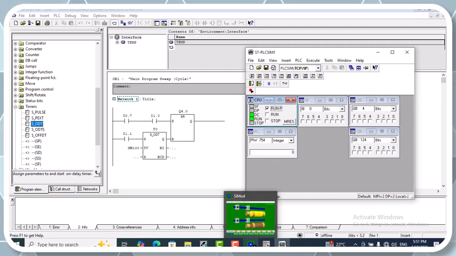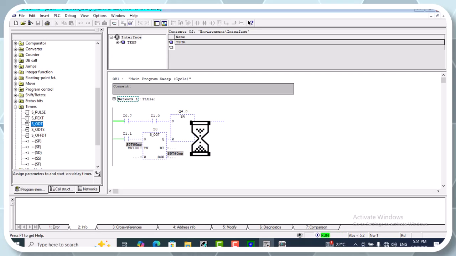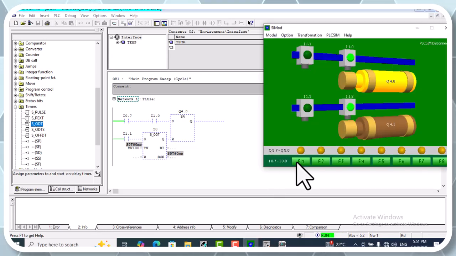And now let's check our programs. Press F1 and nothing happened. Sorry, we are not connected. Press again. Now you see that our actuator is started,